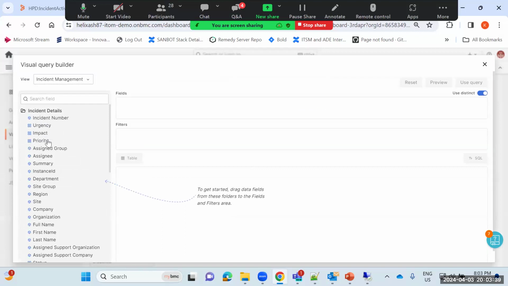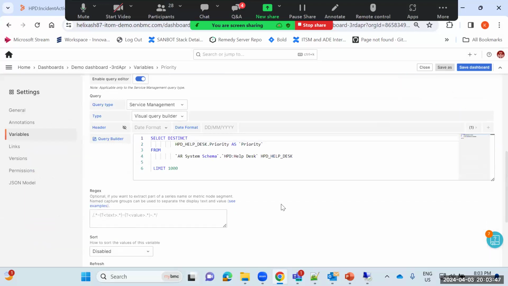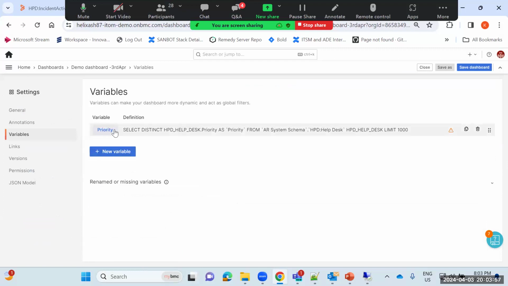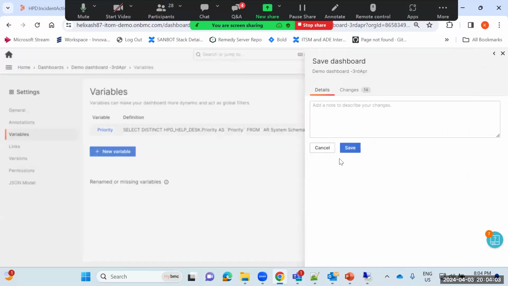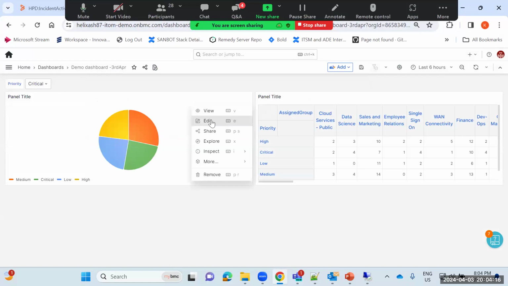Just choose the priority field here, because I want to add a filter for priority. Use this query. This query gets copied, and you can see a preview of values here. Apply this and you're done creating a variable for the priority field. Save this, go back here, and you can see the priority got added. Now, if I want to apply this priority